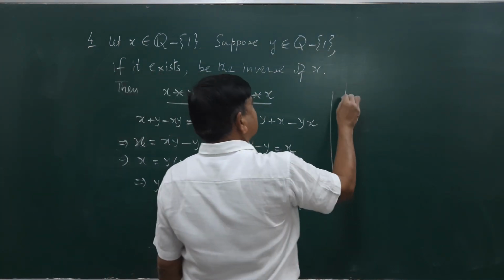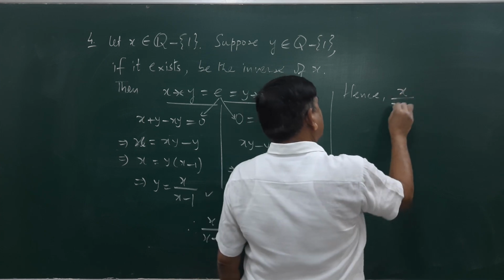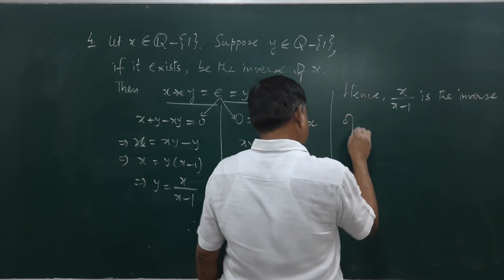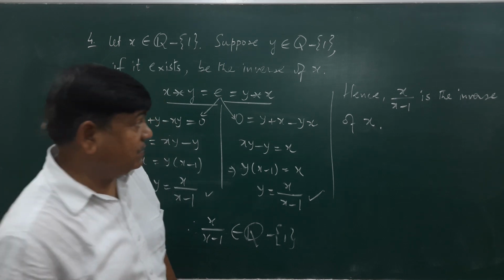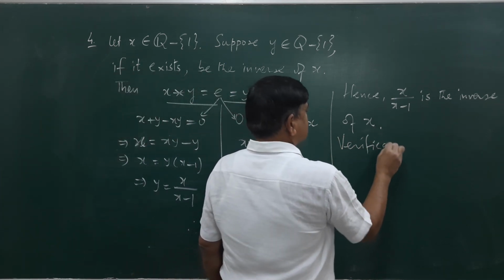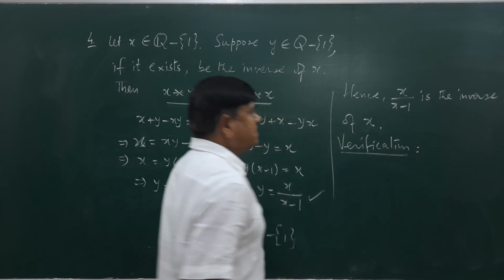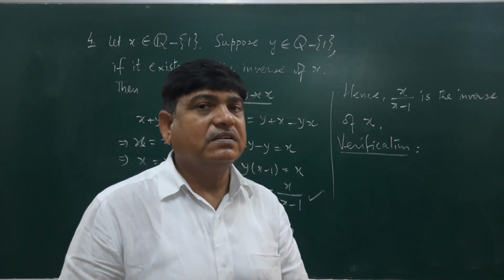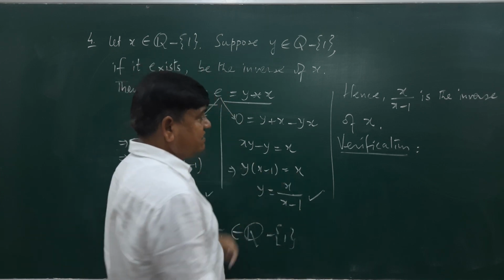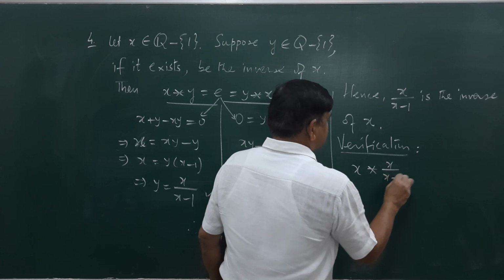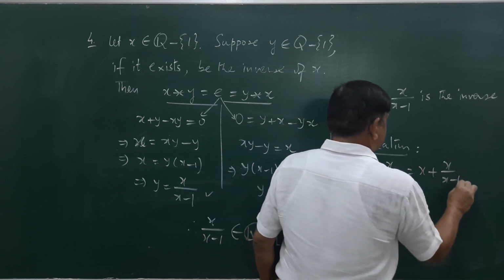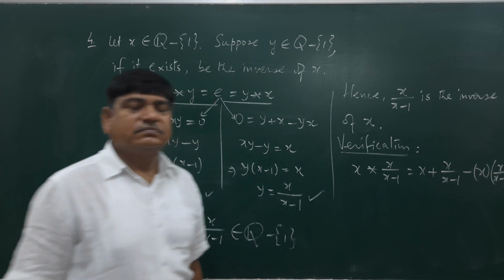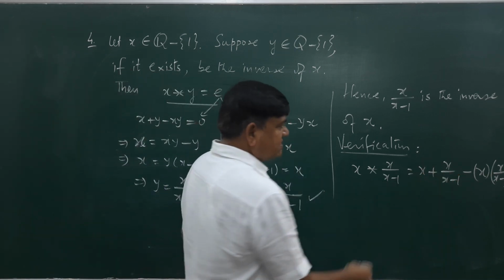Hence x upon x minus 1 is the inverse of x. Verify this. If this is its inverse, then the effect of both will be nullified and the answer will be the identity. The identity 0 should come. So let us see x asterisk x upon x minus 1. This is x plus x upon x minus 1 minus x into x upon x minus 1 by definition. Both added minus the product. So it is